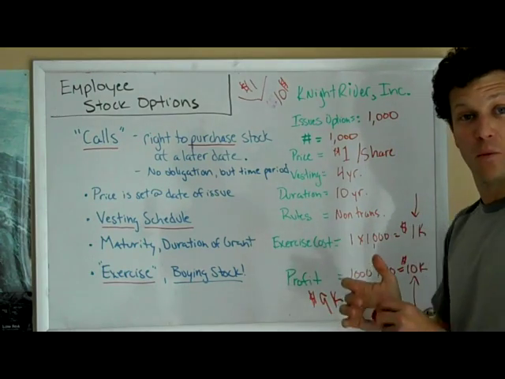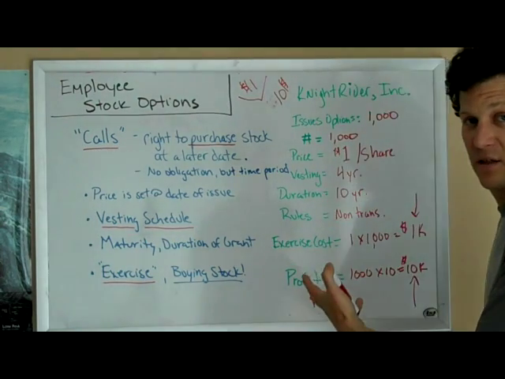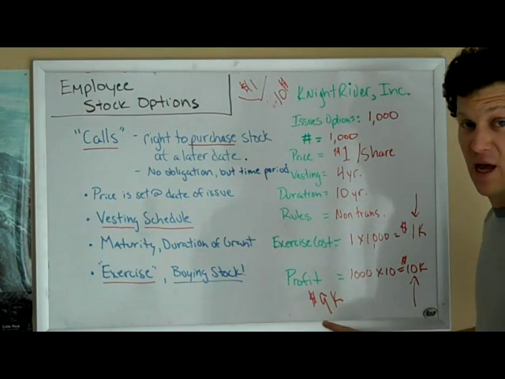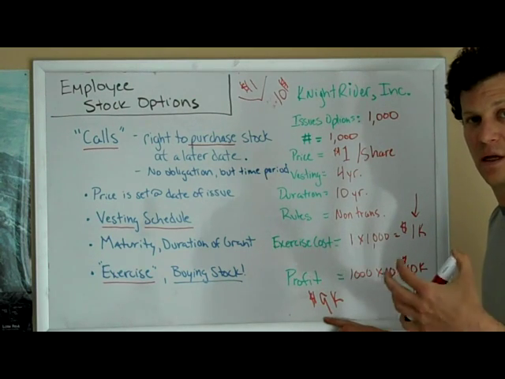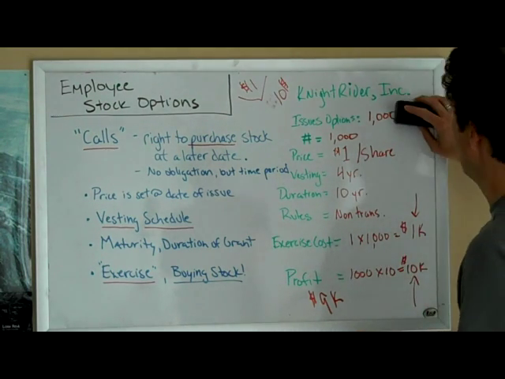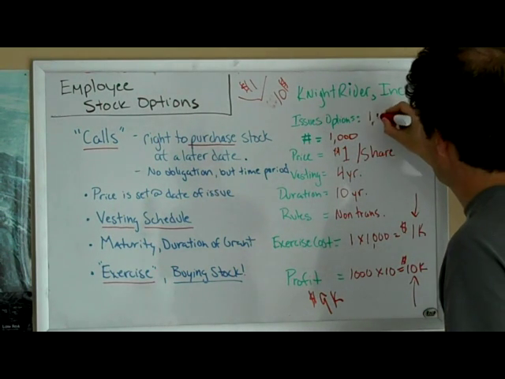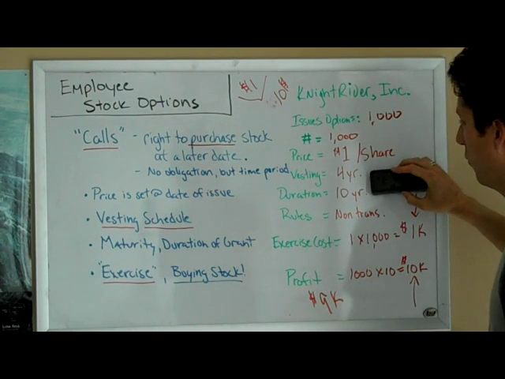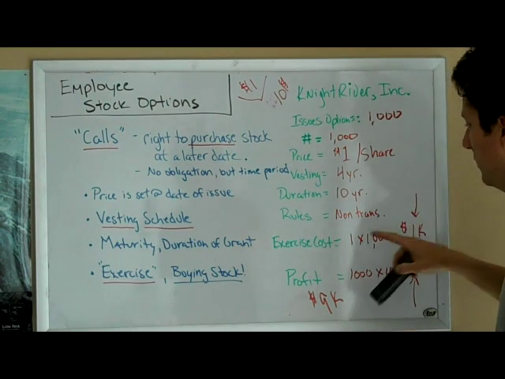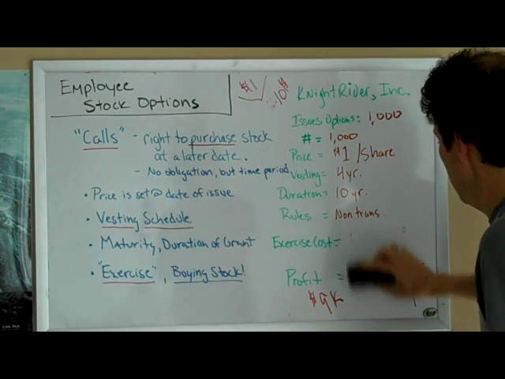A bad outcome would be, and let's talk about this briefly. I made $9,000 and I'm going to have to pay taxes on that, by the way. But we'll talk more about the tax implications in the specific lessons around what type of option it is. So let's talk about a bad outcome. I've been issued 1,000 options at $1 a share with a 4-year vest and a 10-year duration, and they're non-transferable and I can't get rid of them. Except in this case,